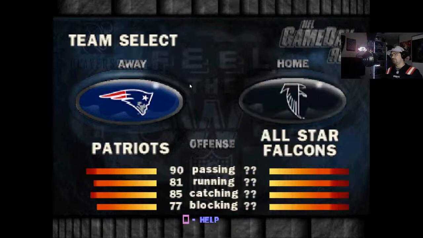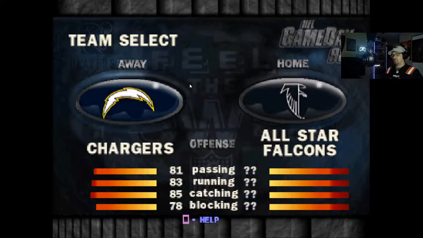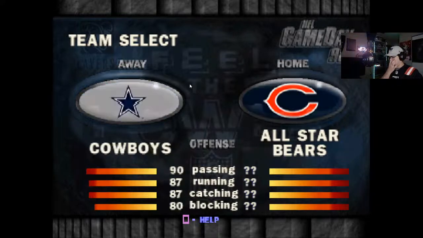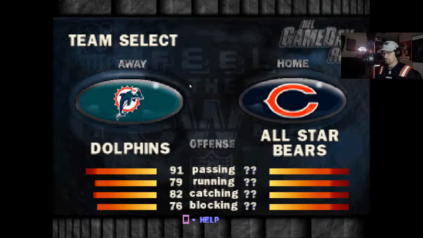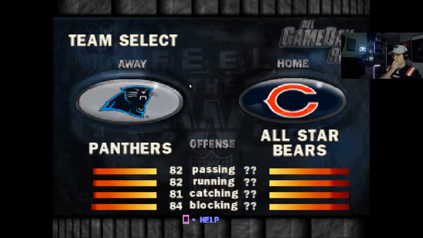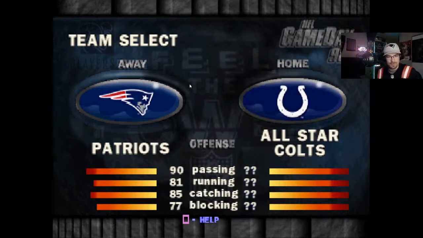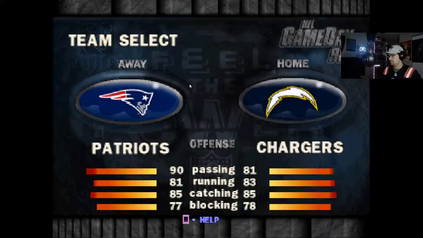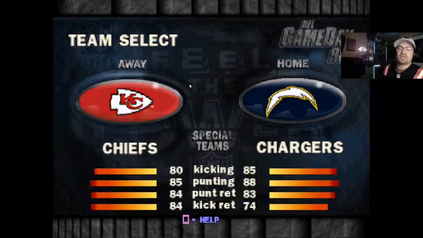And we're gonna play. Alright, so here we go. So you use R1 to change that team. Very weird controls. Up changes the away.